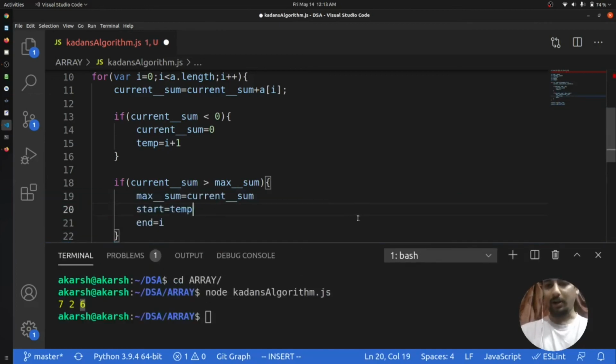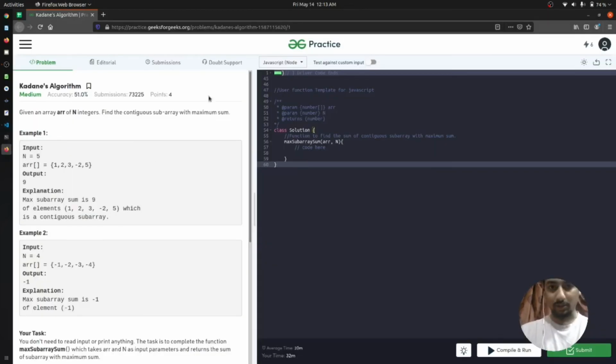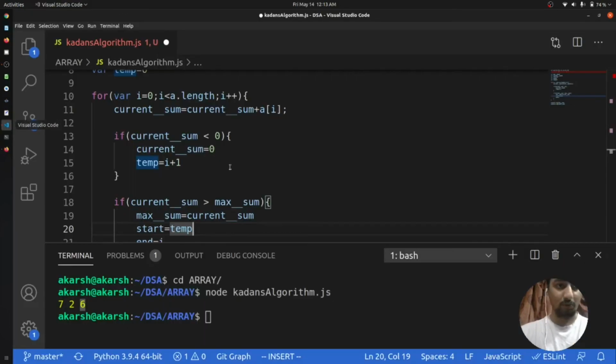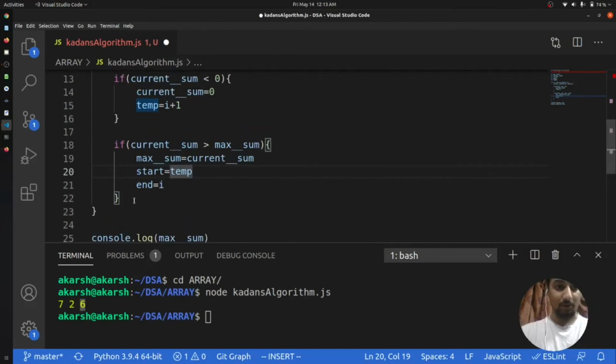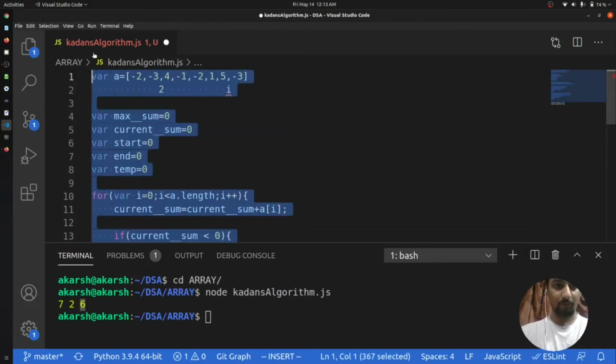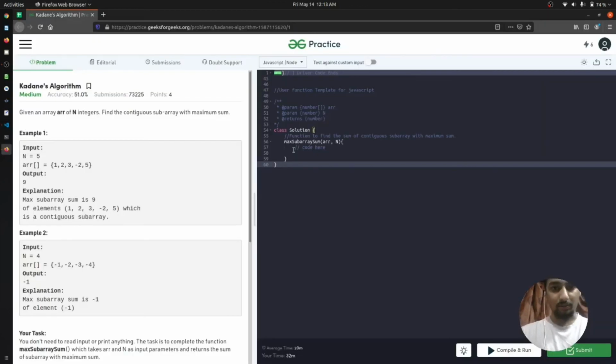Okay, and now let me put everything in GeeksforGeeks. Because it is asking for just a number, I don't want everything from here, so let me just copy this to this, and paste it.